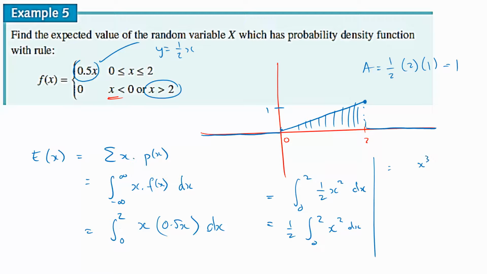Good, x cubed on 3. So it's x cubed on 3 between 0 to 2. Remember, I took out the constant half. Using fundamental theorem of calculus, sub 2 in, sub 0 in. So you work that out, that's half multiplied by, sub 2 in, 8 on 3. Subtract sub 0 in, that's 0. So that works out to be 8 on 6, which is, what's that? 4/3, is that right? Which is about 1 1/3. So 1 1/3, that's my average. Voila, that value there is my average.